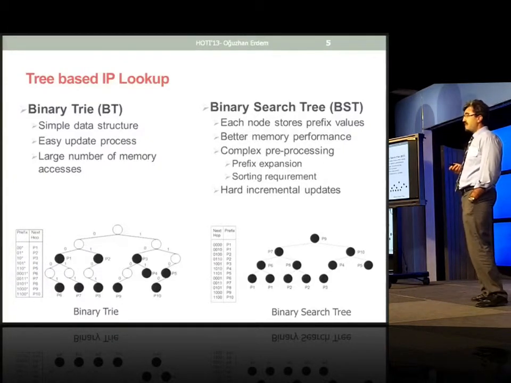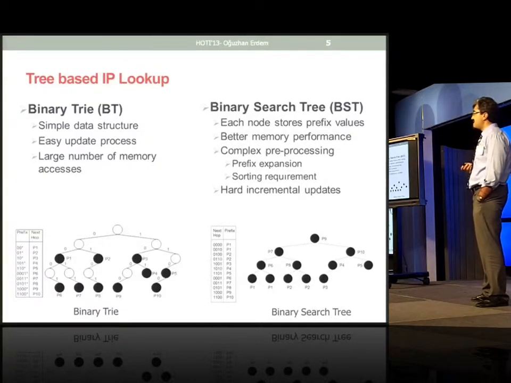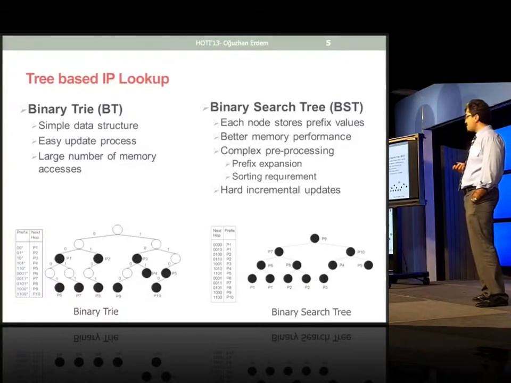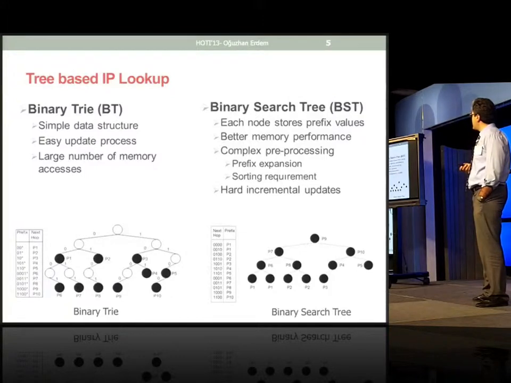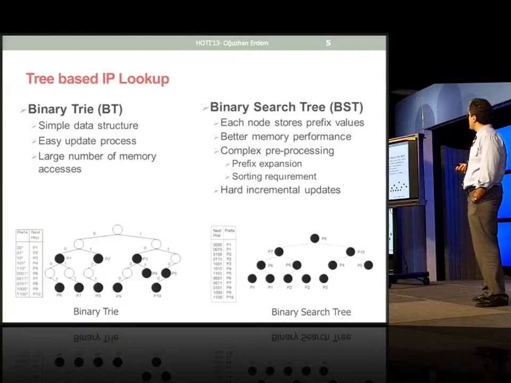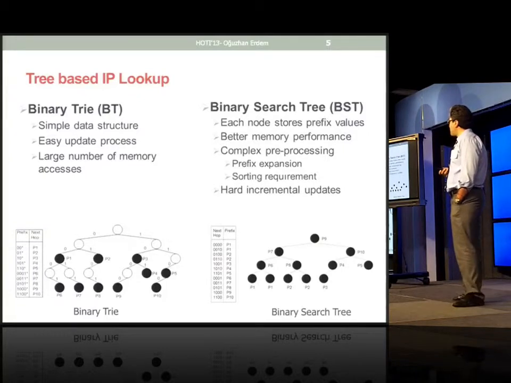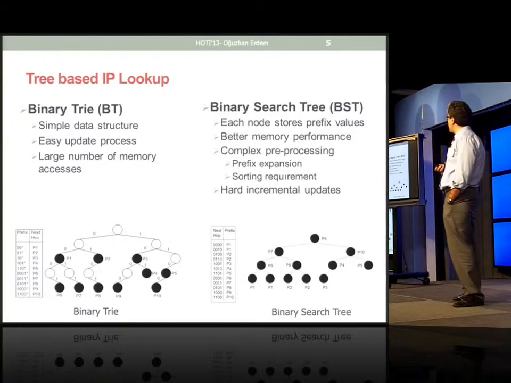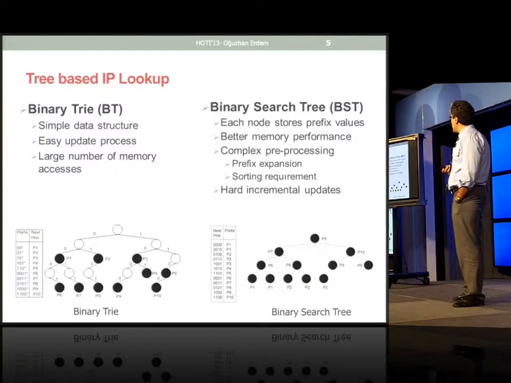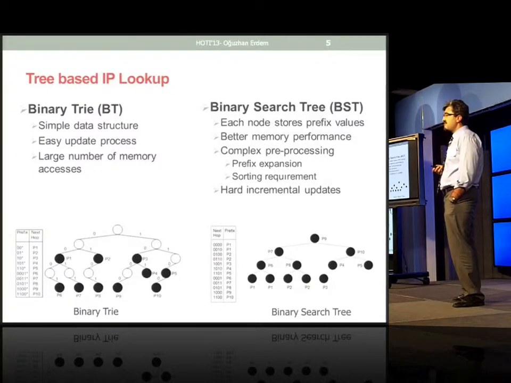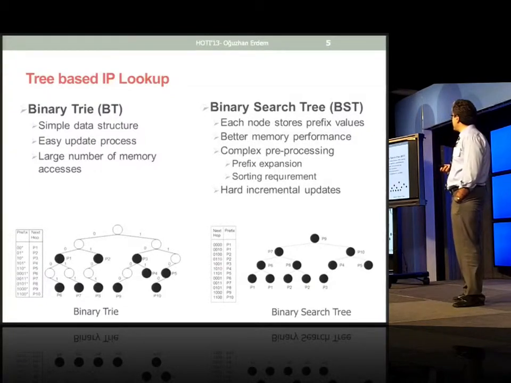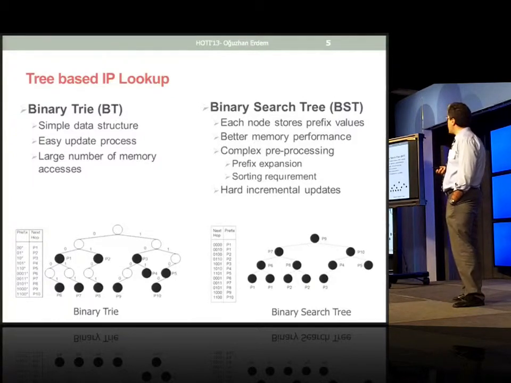On the other hand, SRAM has high density and low cost, and they are also used. So the SRAM-based solutions mostly use tree solutions. But in tree-based solutions, multiple memory accesses are required. Therefore, pipeline techniques are used in IP lookup. The two most common tree structures are the binary tree and